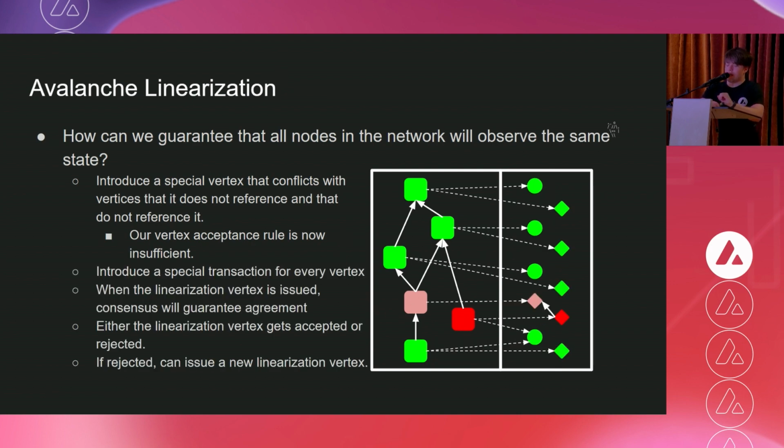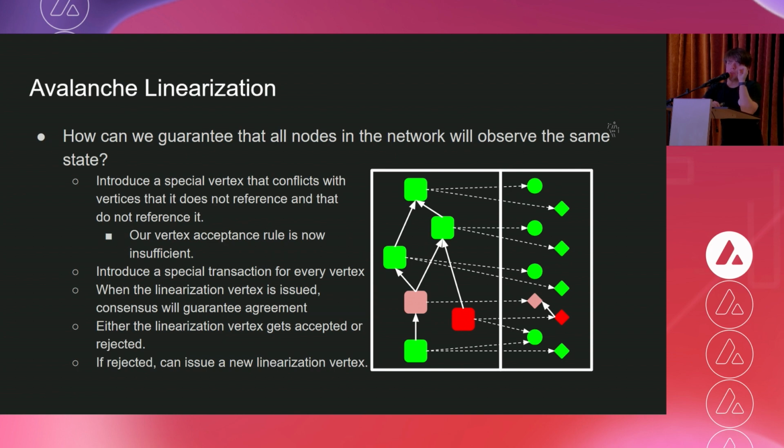So as we do, the rabbit hole goes a little deeper. Now we have these special transactions that aren't actually transactions, but they're registered as transactions inside of the Snowstorm conflict graph. These are represented as these kind of diamonds on the right side. So the right side is like a Snowstorm part of the graph, and the left side is the Avalanche part of the graph. So you can see here that for almost all of the vertices, there are no actual conflicts